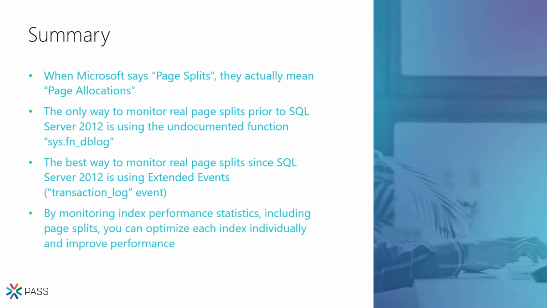And what I wanted you to take from this session is that if you have a good monitoring solution like I showed you, and you monitor the page splits over time, then you can actually optimize each index individually. Think about it: there are tables where you have an identity, for example, and you only insert rows at the end of the index, so there will never be page splits. For such an index, you actually want to use a fill factor of 100. There's no reason to leave empty space and waste it, because you're never going to use it, right?